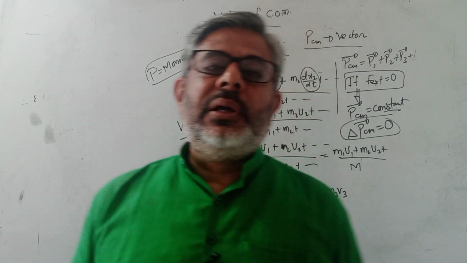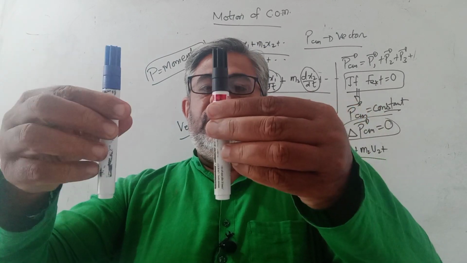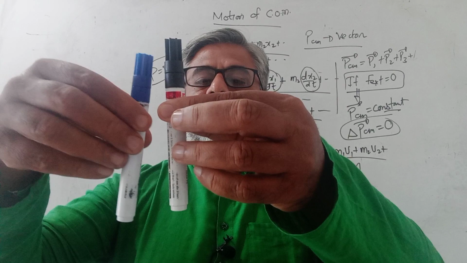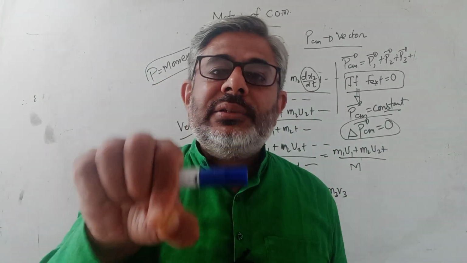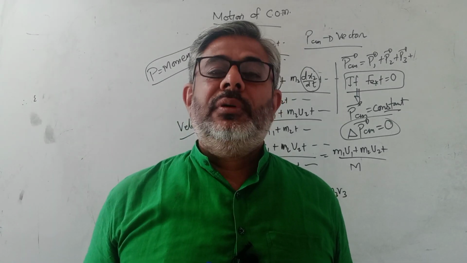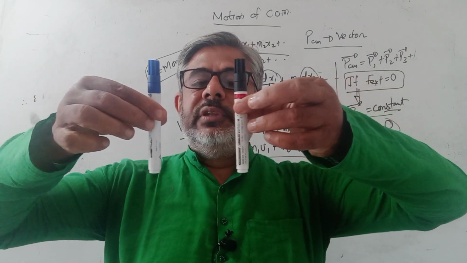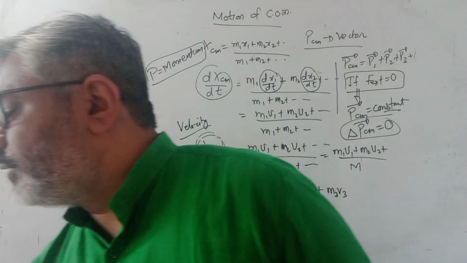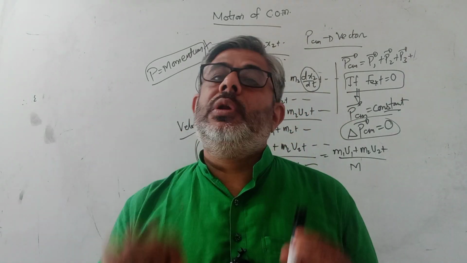Just remember, a moment ago I told you that their center of mass is in the middle. Now if they come closer, the center of mass is still in the middle. So the center of mass is wherever it was. It's not changing its position, which means its velocity is 0. So the center of mass velocity is 0, even if the particles are moving. The velocity of the center of mass is different from the velocity of individual particles.